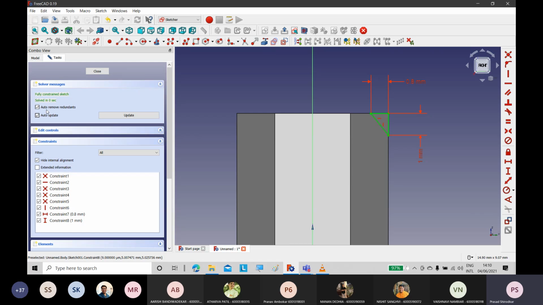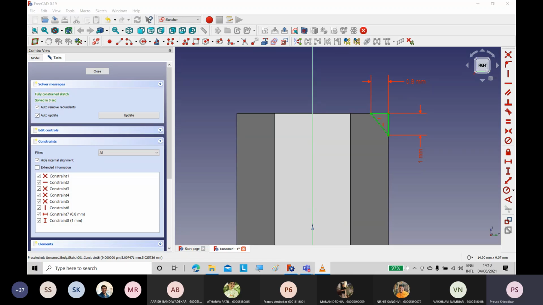Now whenever you're constructing, if these two boxes are not checked, make sure you check them on, so that whatever redundant constraints are there, it will remove them automatically, and your sketch will be automatically getting updated. Now after that, we are going to cut this out. So let's close the sketch